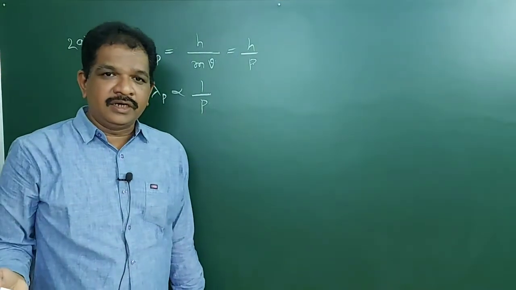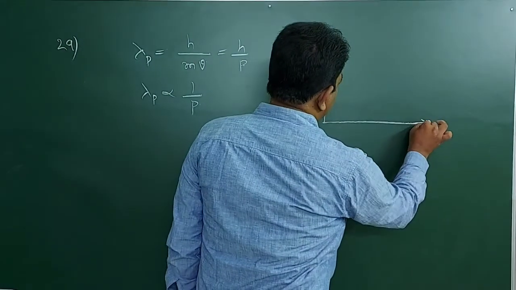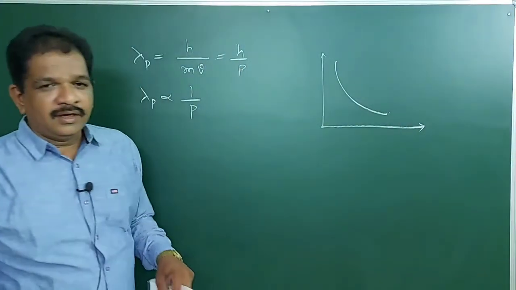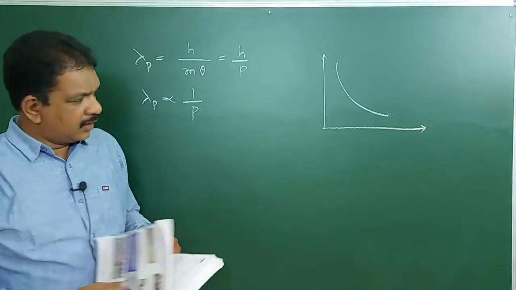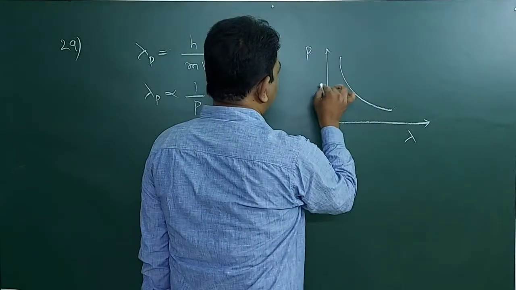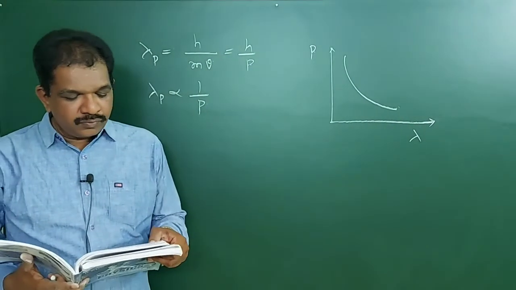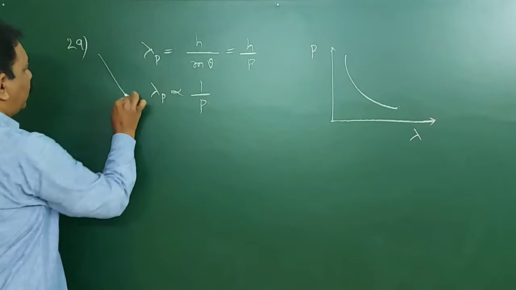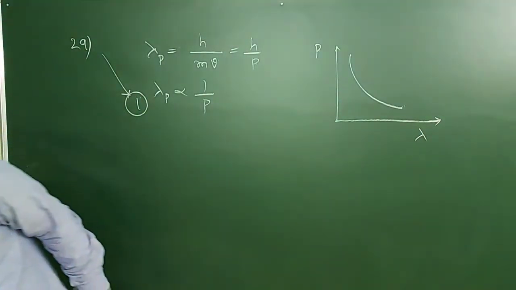When two quantities are inversely proportional to each other, the graph between them will be a rectangular hyperbola. Here lambda values and momentum values are taken, and the graph will be like this. So 29, it will be the first option. Clear? Next,